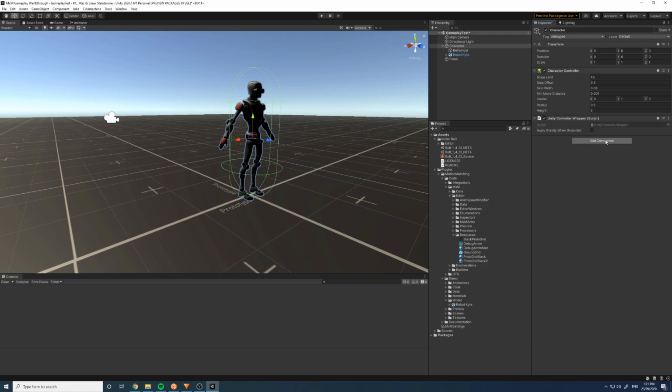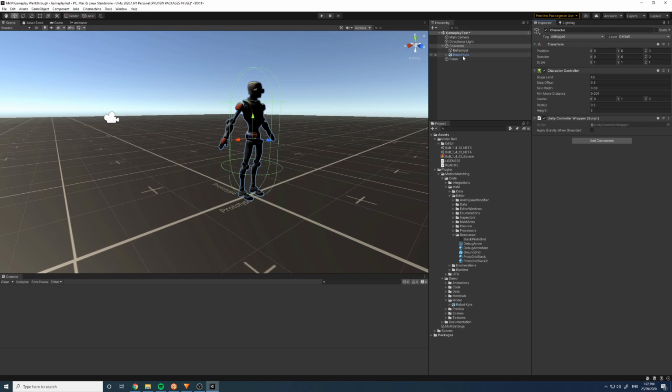and I've already made one for Unity, and that is the Unity controller mapper. If you're using your own kind of character controller or capsule controller, people often get confused between character controllers and capsule controllers. For me, character controllers has always been the capsule, and a gameplay controller is those more advanced things that lets you do the jumping and the climbing and all that. That to me isn't a character controller. So when I say character controller, I'm referring to this capsule, okay? Anyway, here's this Unity controller wrapper, which we're going to need so that MXM can interface with it in a